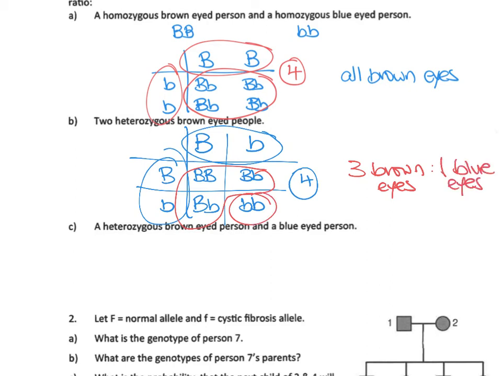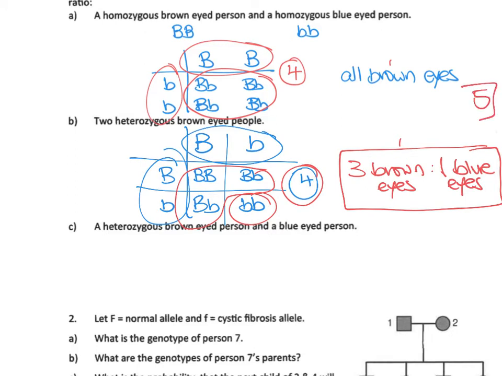So 3 to 1 blue eyes. Now, so far we've said 4 marks for this. You need to have the colours in there. You can't just say 3 to 1 or 1 to 3. You need to say 3 brown to 1 blue. So that's 1 mark for that. So altogether in those 2 questions so far, we're looking at 5 marks and 5 marks if you got everything right. Heterozygous brown-eyed person